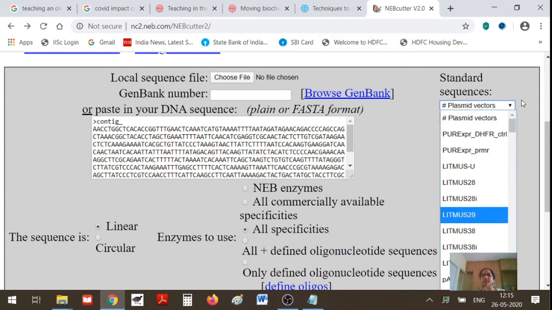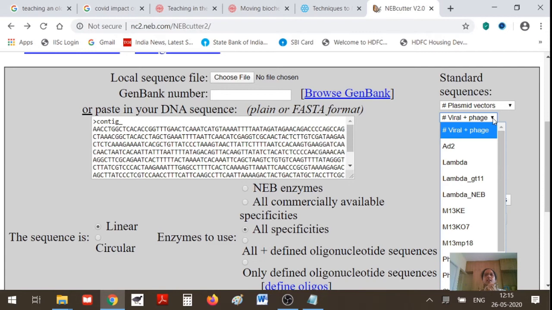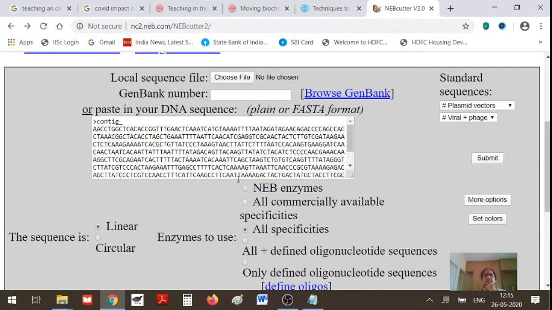You select any of these, and the software will give you the list of restriction sites present on that particular sequence. So you don't even need to first download a vector sequence and then input it into the software. Here you already have this drop down list, one for plasmid vectors and another for viral and phage vectors. So you can use this for finding out what restriction sites are present on those vectors as well.